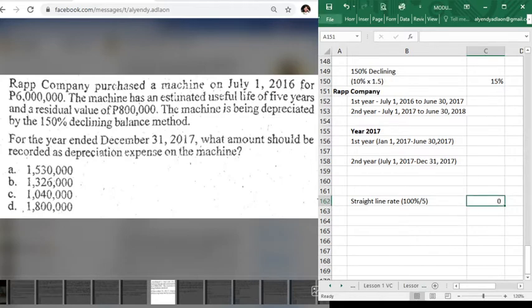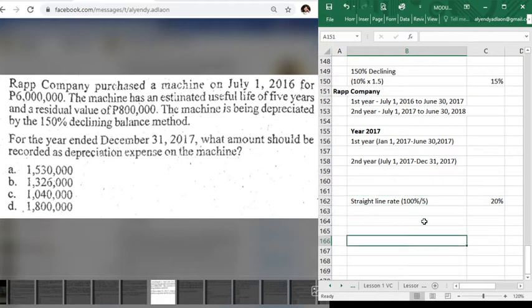So, actually, class, if you are going to answer straight line method, pwede ra through rate ang inyong pag-answer. Diba? Ang naandan is i-divide na to siya like cost minus residual amount divided by number of years, di ba? Pero, pwede ra po ding ani 100% divided by 5 and then i-multiply lang nato sa amount sa ato ang asset. Okay, pwede ra ing ana ang straight line method. Now, for this